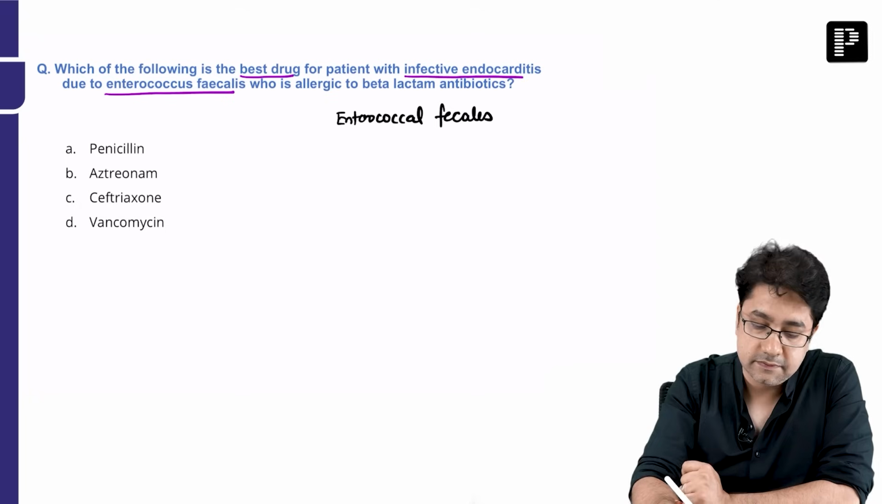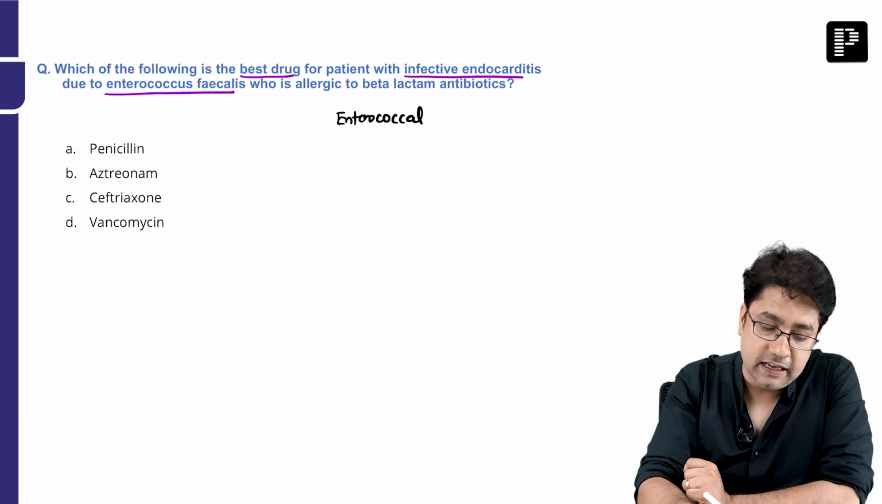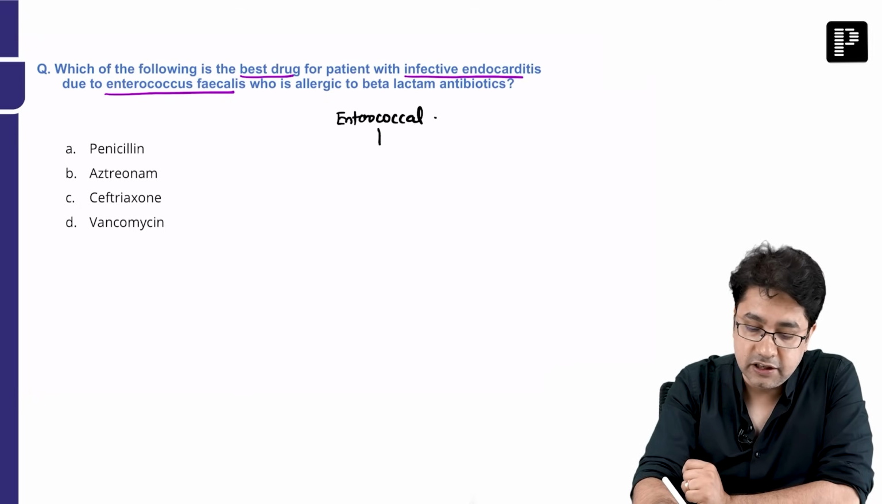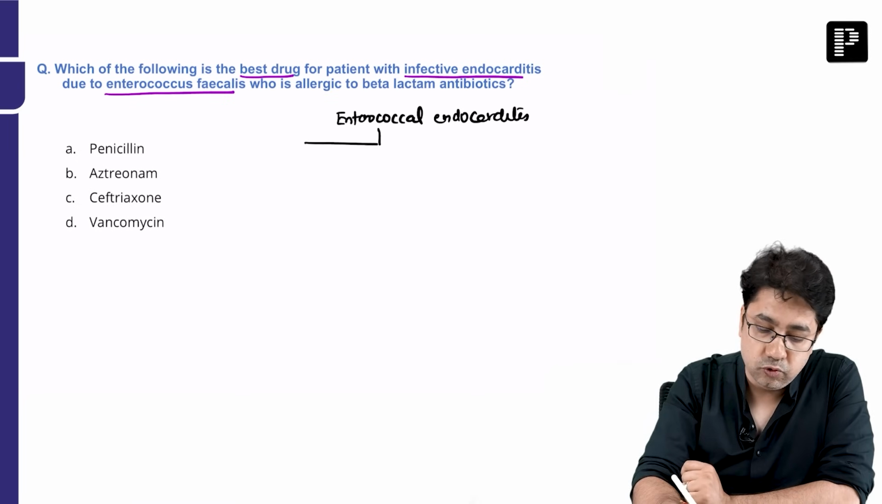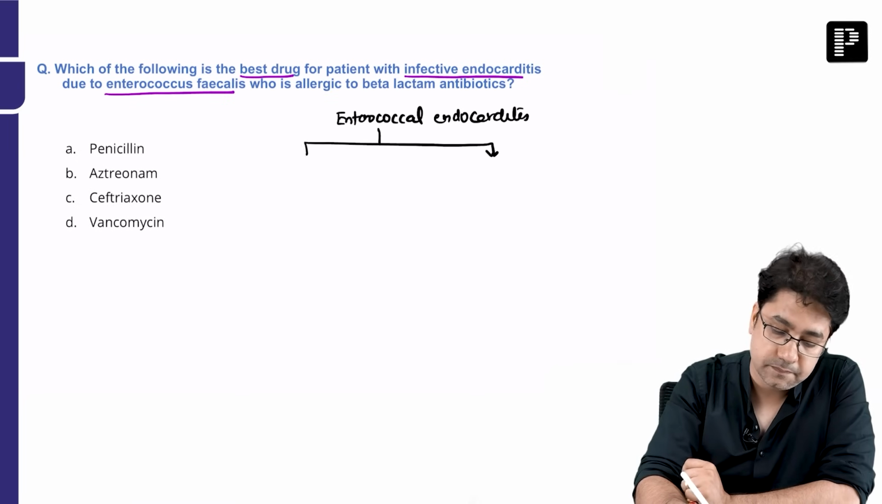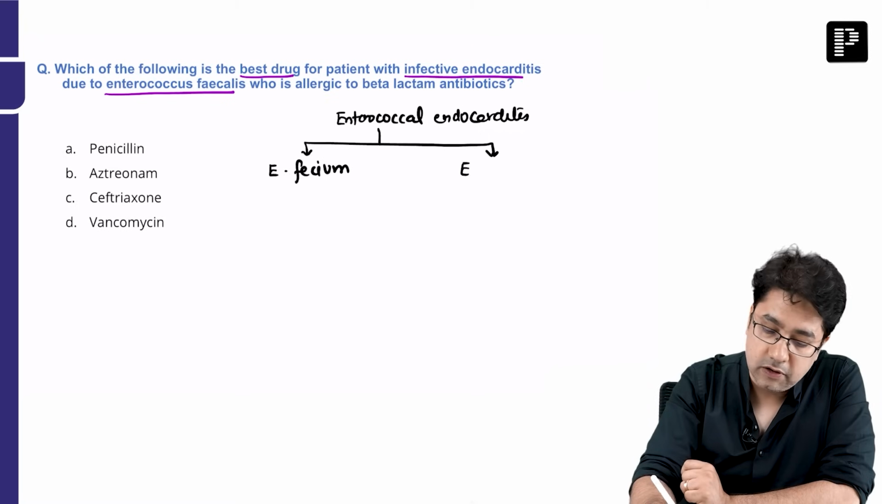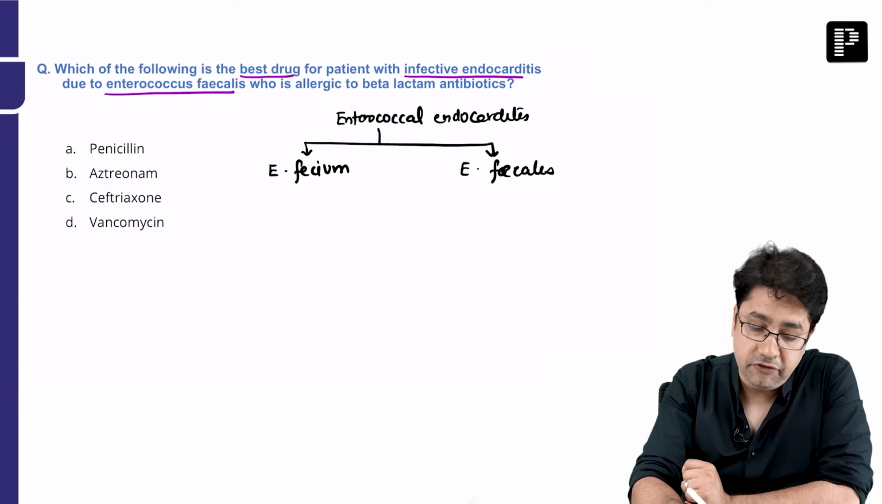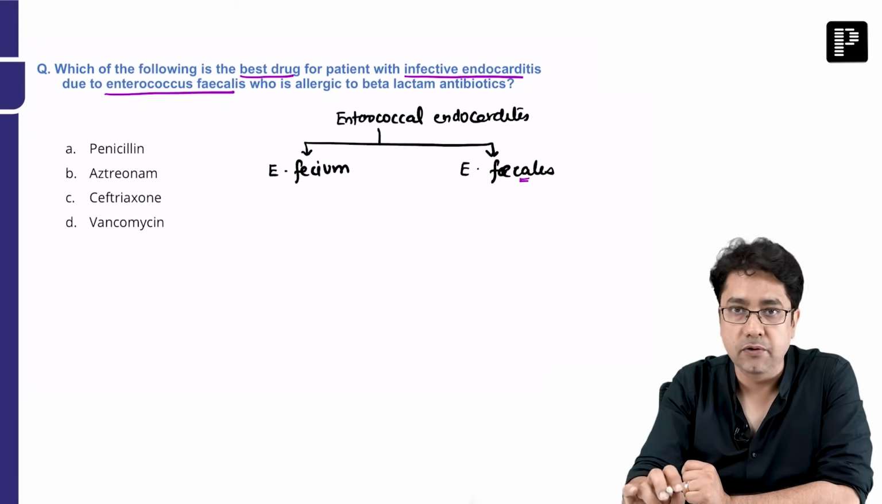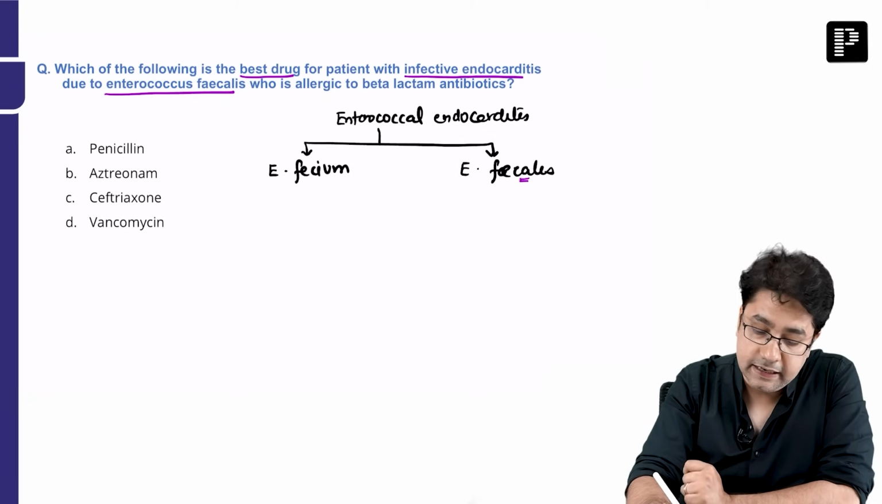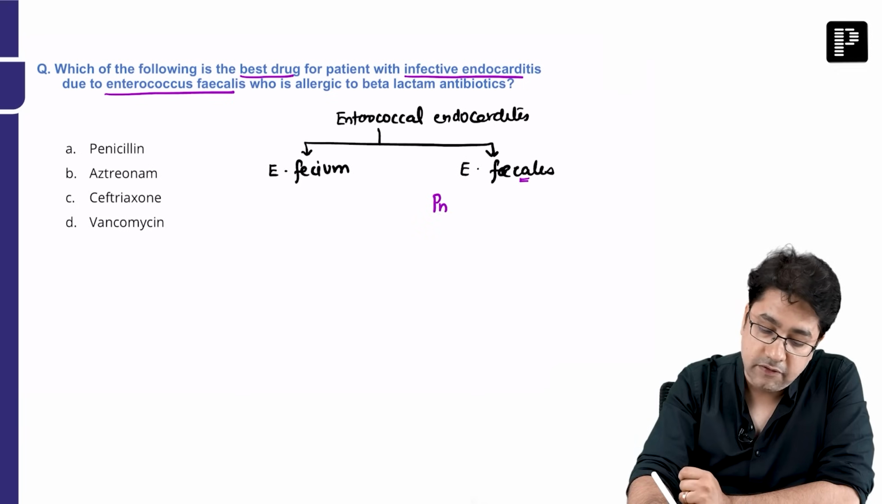Enterococcal faecalis, instead of faecalis, I will write enterococcal infection if it is causing endocarditis. Now there are two species of enterococci, that is Enterococcus faecium and Enterococcus faecalis. Now in faecalis, a word is coming, remember, okay? Now for endocarditis, enterococcal faecalis, we give penicillin G or ampicillin